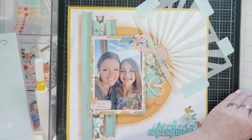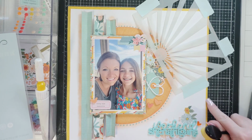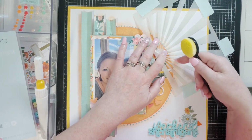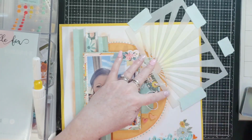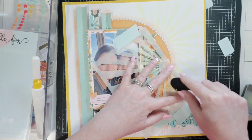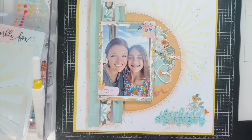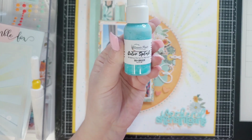This is a little bit brighter than what I would want it to be, because I would probably want to get like a mustardy yellow like the frame here, but I'm working with what I have and it's sun rays, so it can't possibly look that bad. I'm going to do my best to stay off the circle orange paper, okay? Some splatters, and I figured instead of the usual white, black, gold, I would try Sea Breeze Shimmer's Color Splash,